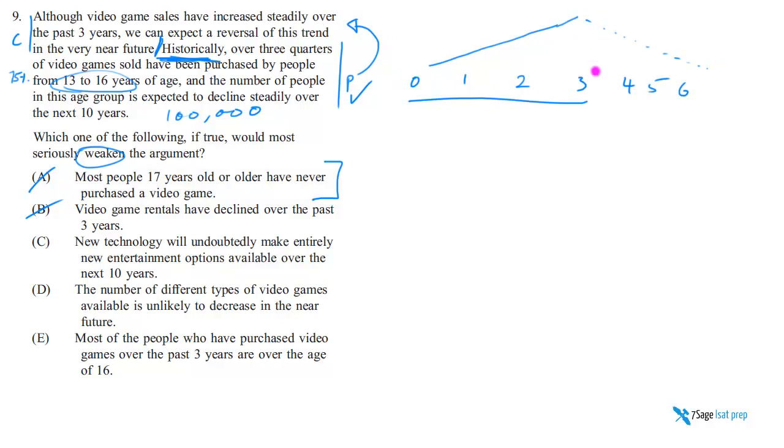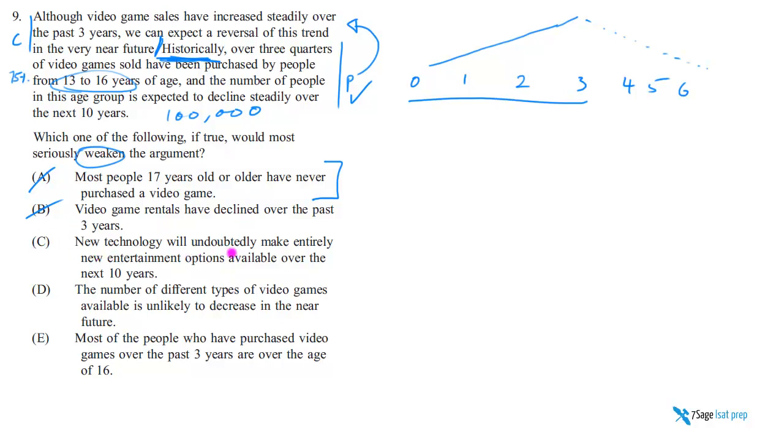You see, that has absolutely no bearing on the future. What's going to happen? So what if this increase in sales may have come from a decrease in rental? Do you see? It just doesn't do anything. It's like it talks about, I don't know, over the past 3 years, shooters have won the indie game awards or something. Okay, great. You're talking about video games. I know you're talking about video games, but that's a non sequitur. Please don't participate in this conversation because you're just distracting. You're distracting everyone from trying to get to the point here. So B is very, very irrelevant.